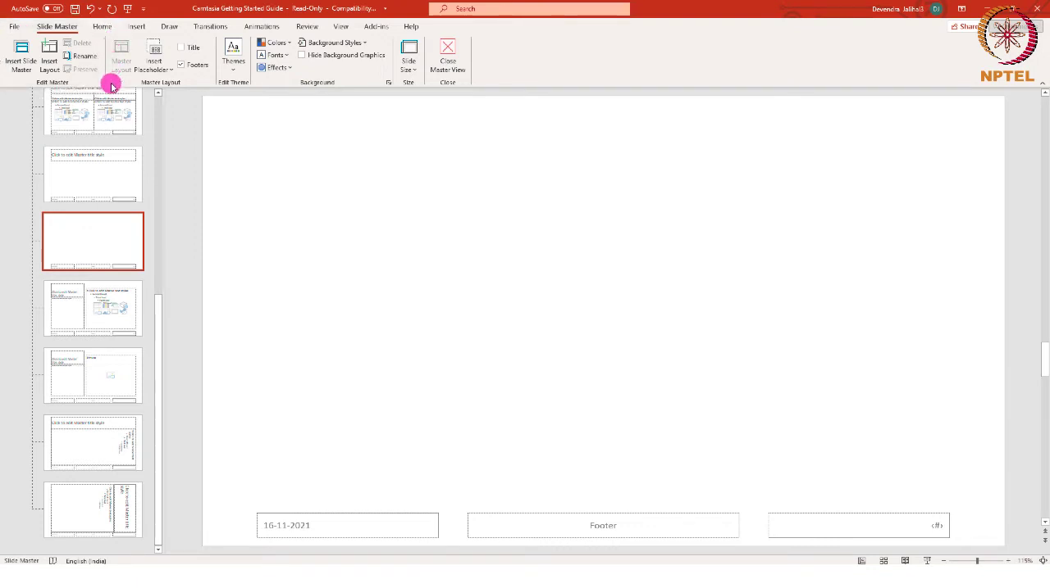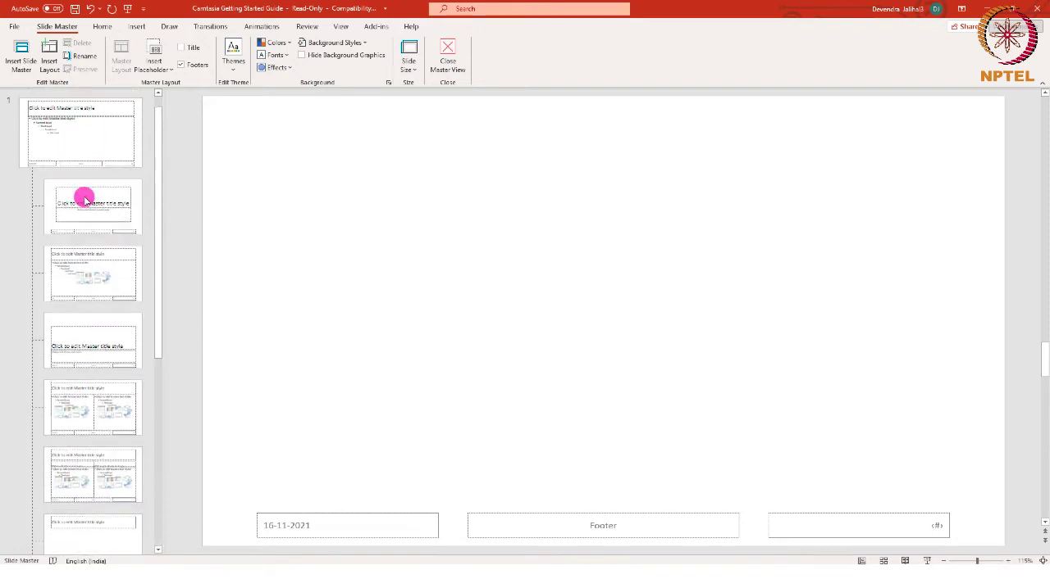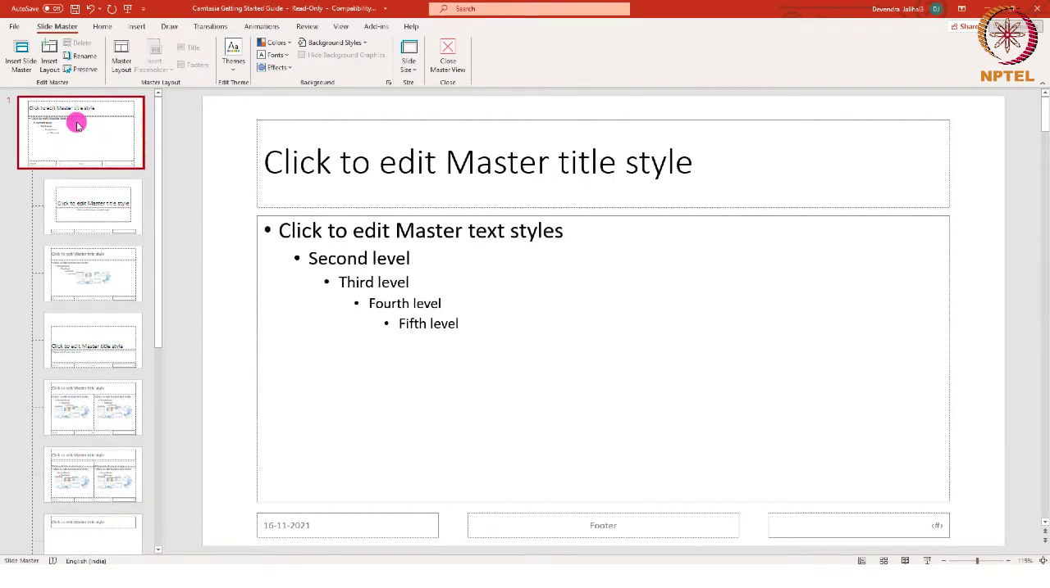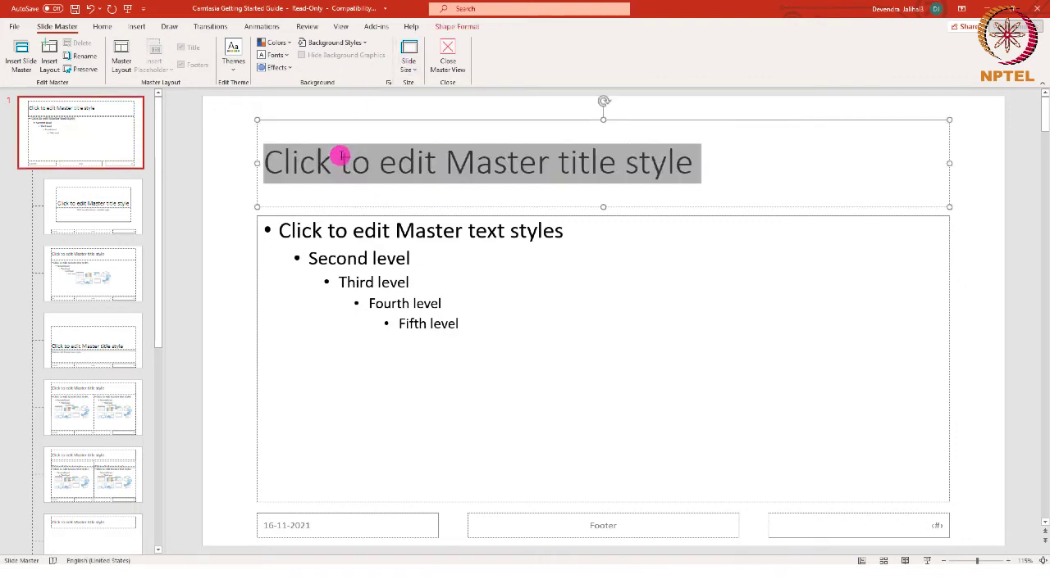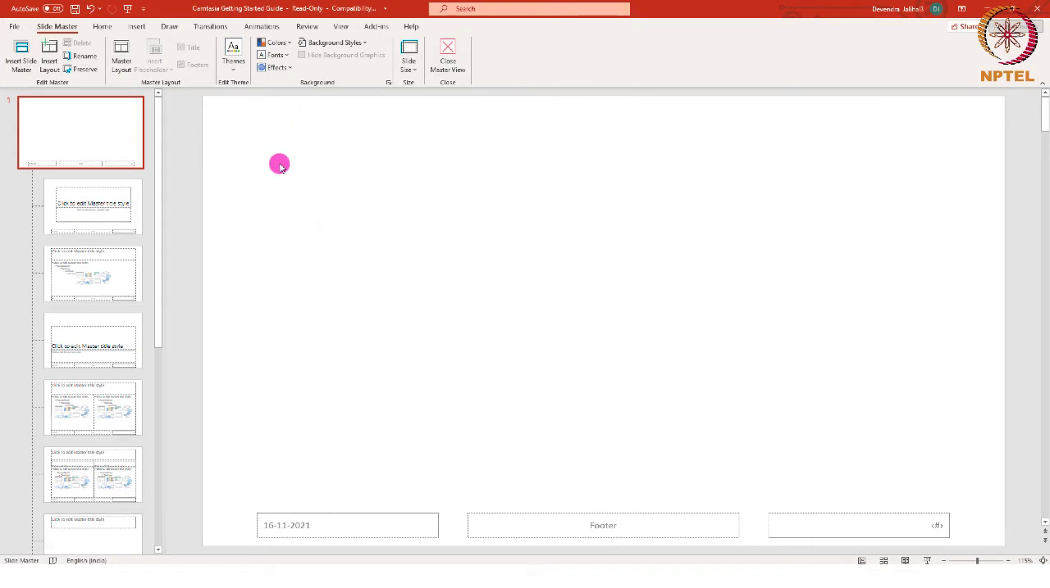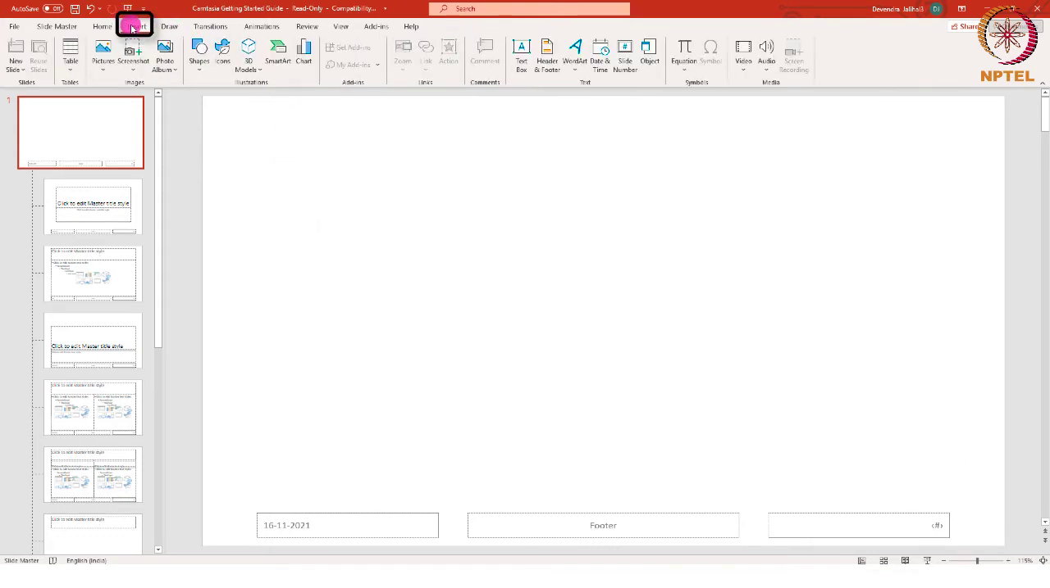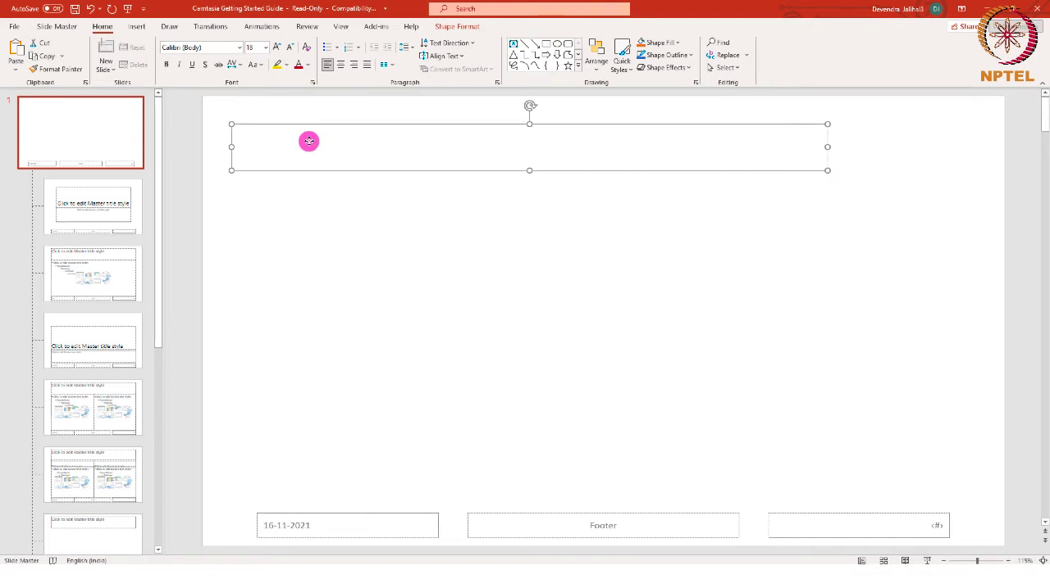Now on the left side thumbnail panel, click the first slide and select the entire text and press delete. Now click the Insert tab and select the text box option. We can click and drag the cursor to create a text box. We can enter the text we want as heading